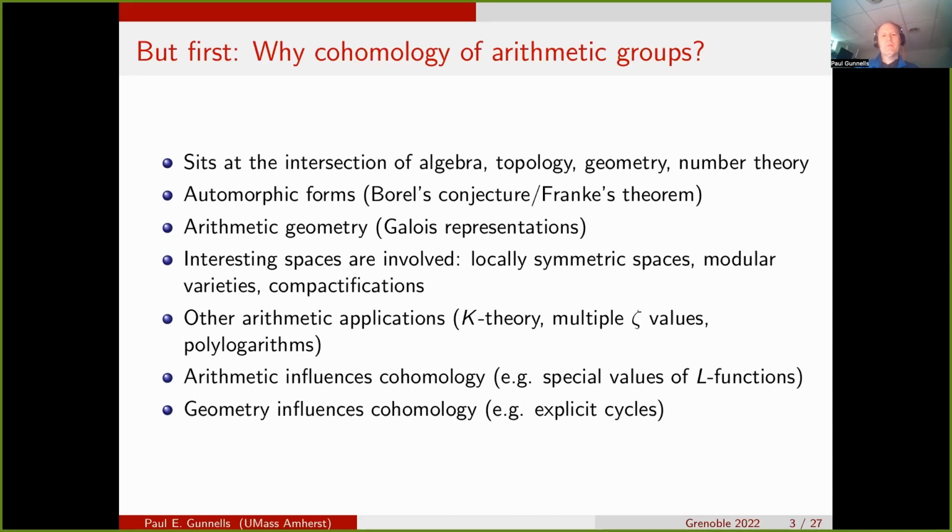And because of the connections to geometry, I mean, this maybe sounds like a tautology, geometry influences cohomology, but it's not, in the sense that these spaces are not just random manifolds or random spaces. They have a lot of structure about how they're built, and you can use that to try to produce interesting cohomology, interesting homology. So I was thinking here when I wrote this, something like the Hirzebruch-Zagier cycles on Hilbert modular varieties, and just how those are built, and modular symbols and generalized modular symbols. So there's lots and lots of things to say about that.